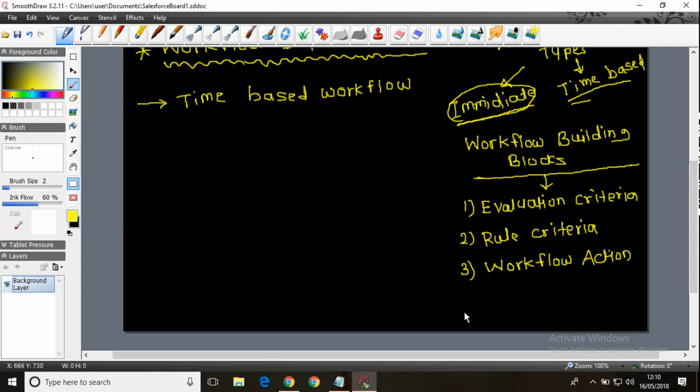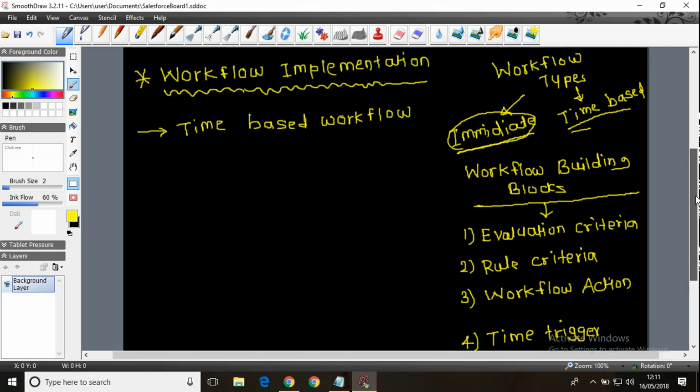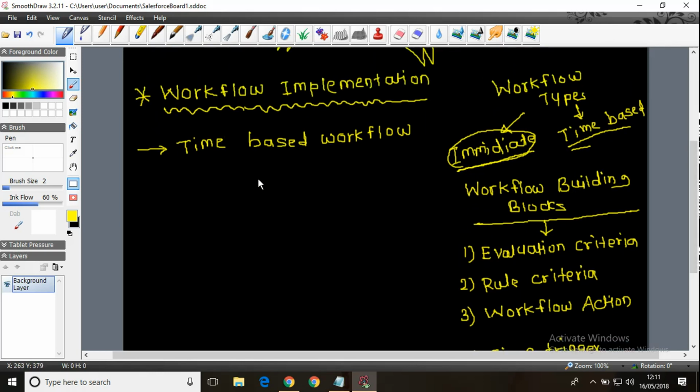Additionally, whenever we deal with a time-based workflow, we have to configure a time trigger, that is, at what time the workflow action has to happen. So those are the four building blocks we have to configure. Now let us implement the time-based workflow.